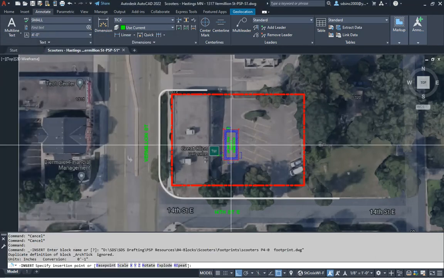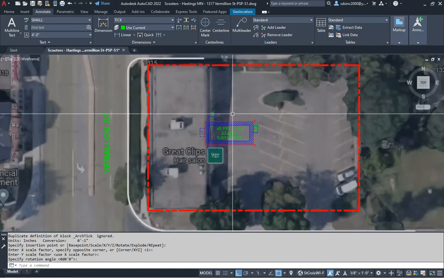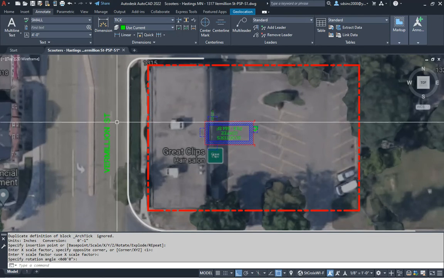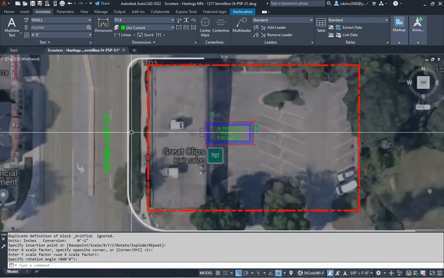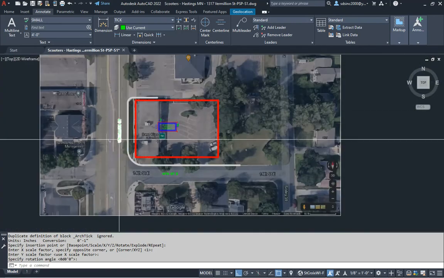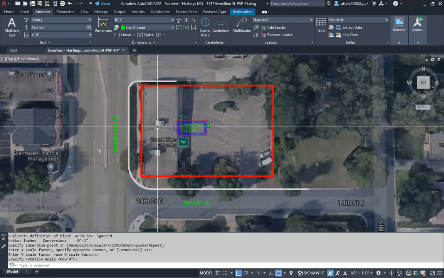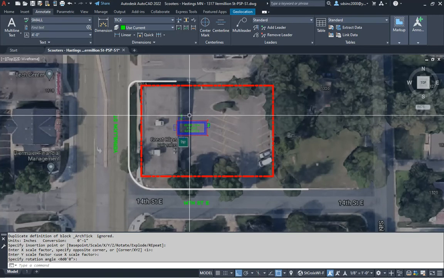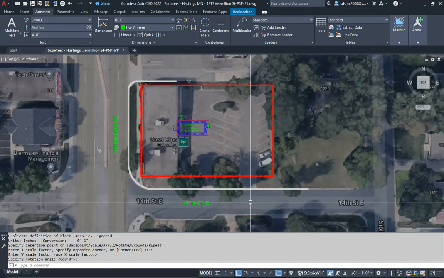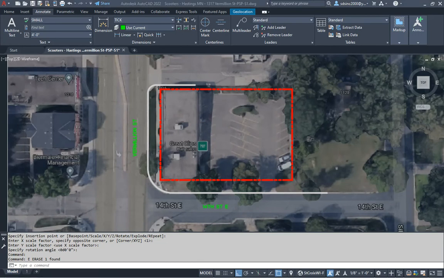So here's the first one. You can see here, when you're going through the drive-through, when you leave the drive-through, you would want to exit out here and be able to leave. But since we're not going to have a cut up here, Vermilion is the main street, so that's where we want to face the building for visibility and that sort of thing. We're not going to get a cut, so we don't want to use this footprint because then they would have to circle all the way back around the building and then come back here in order to leave. So in this particular case, we're probably going to want to use the RM footprint,